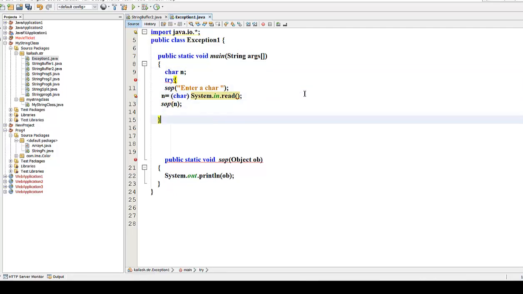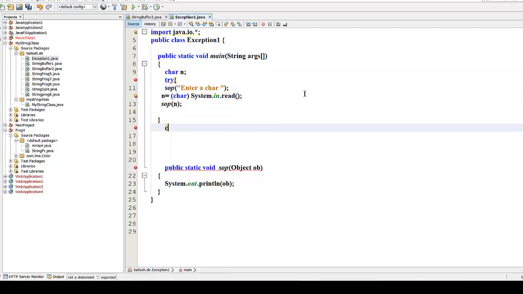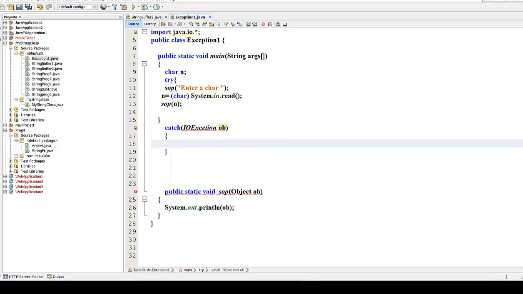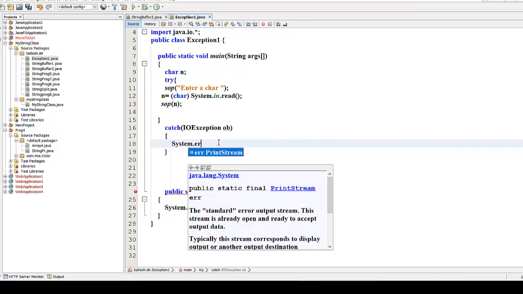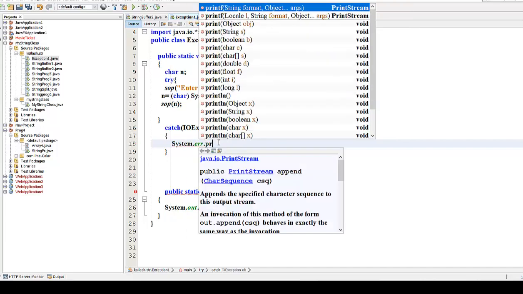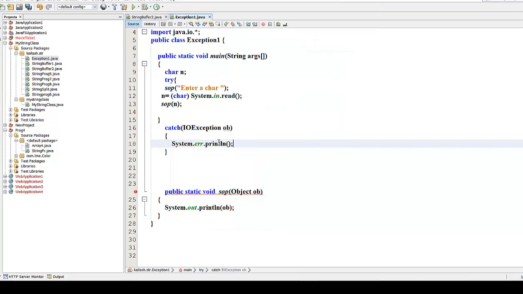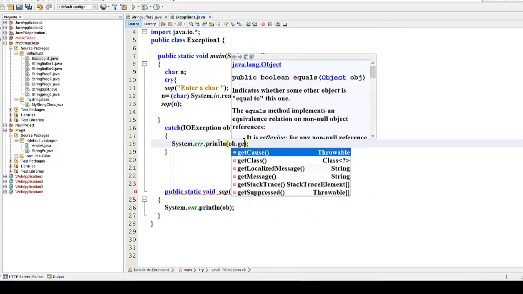In a try block, and then we go for catch, that is IOException, with an exception object. Then we can write System.err.println and the object. There is also a method, object.get